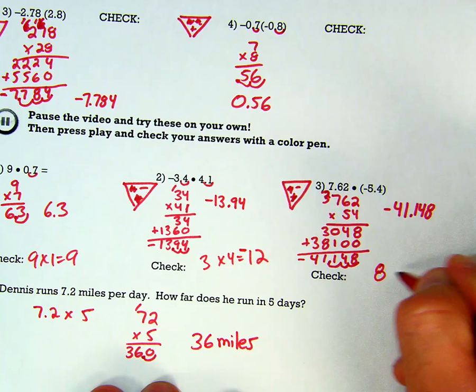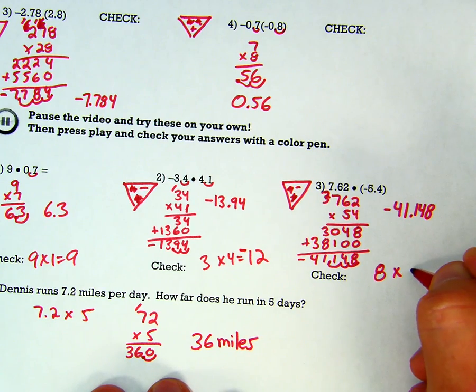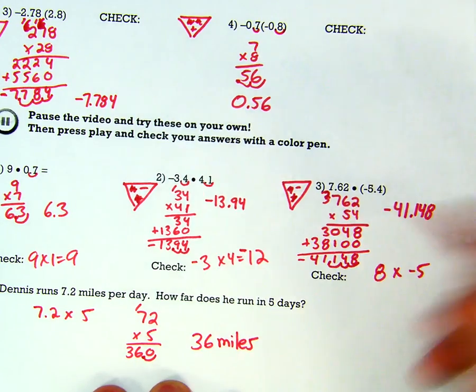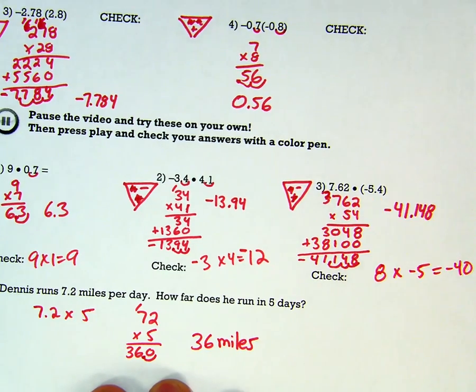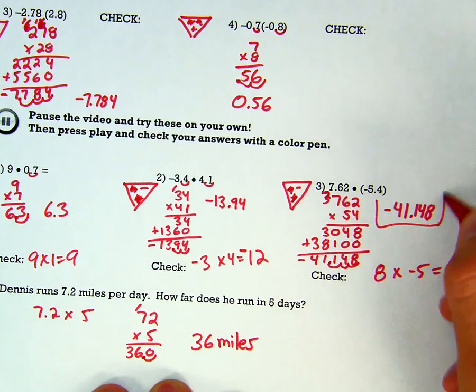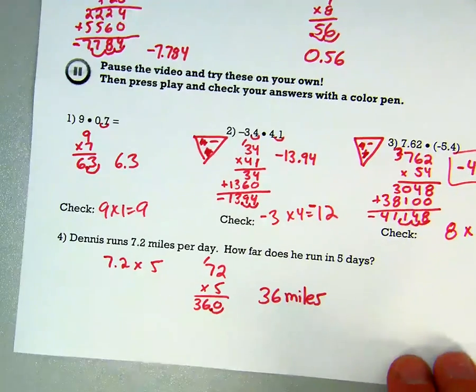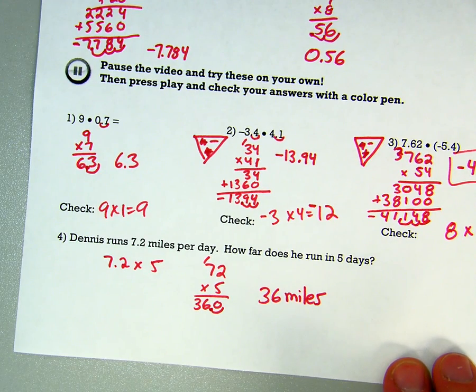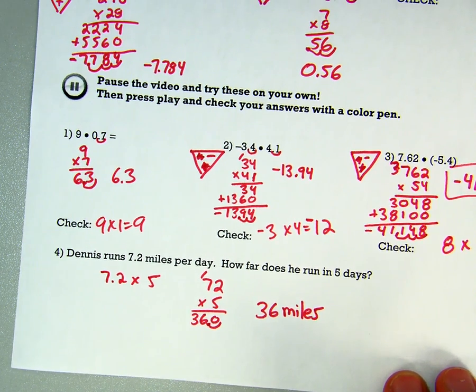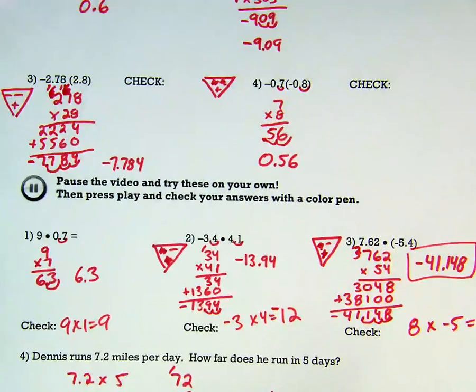And then number 3, you should have gotten negative 41.148. If I do my estimation, it should be 8 times, this looks like negative 5. Looks like negative 40 would be our answer, and so those are pretty close to each other. And then my final question, we should have gotten an answer of 36 miles, 7.2 times 5. Okay. Alright, so that is multiplying with